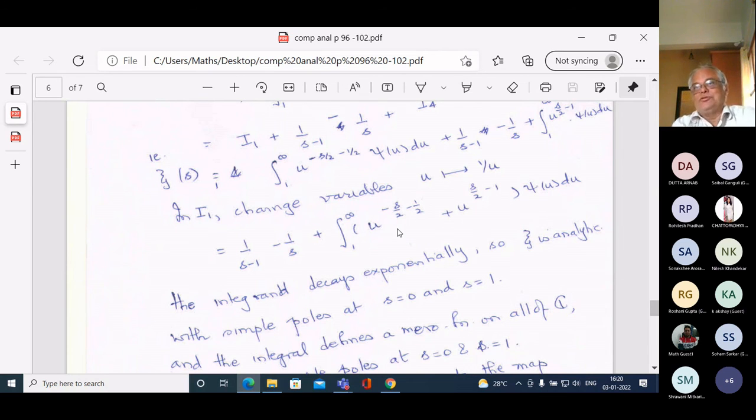What is this saying? So I hope you will do this. Change s to 1 minus s. The right-hand side remains the same. The first term, 1 over s minus 1, becomes the second term, minus 1 over s. And the second term becomes the first term, 1 over s minus 1. In that integral, the first integrand becomes the second integrand, and the second integrand becomes the first integrand.